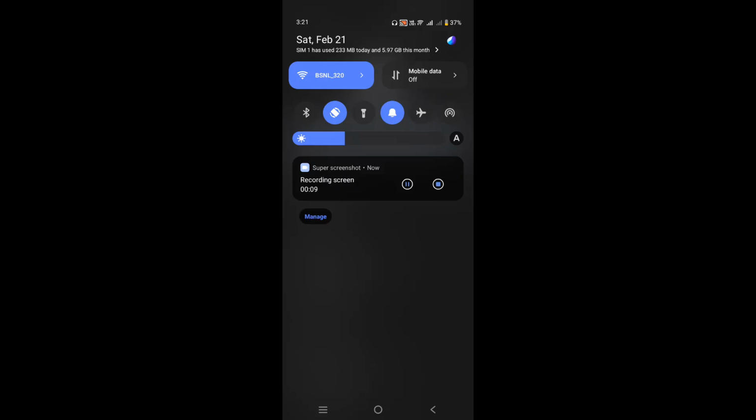Another solution, if you are using Wi-Fi, then turn off Wi-Fi and turn on mobile data. Similarly, turn off mobile data and turn on